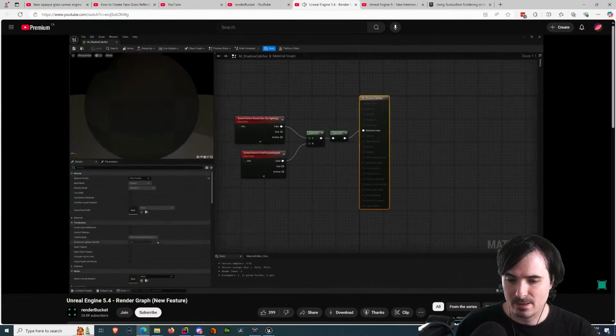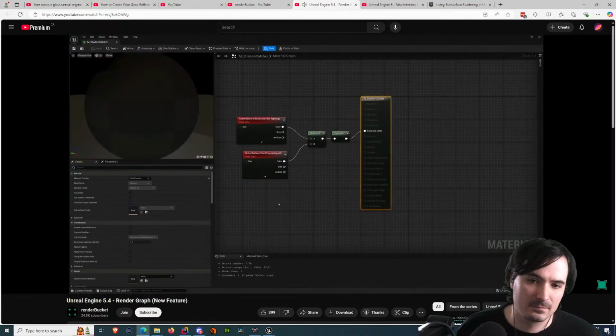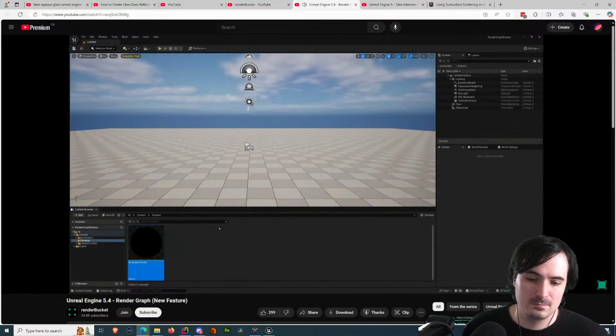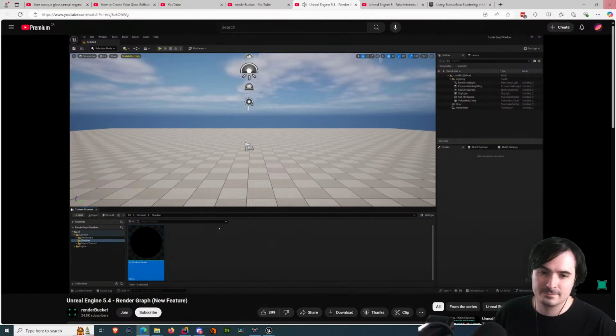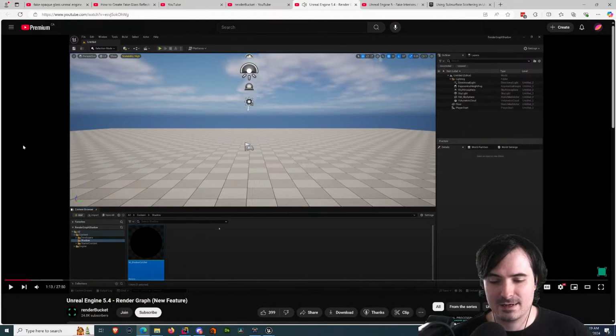So if you need to create this material, you can find out more info on this and how to do this in our previous video, which is linked down in the description below. If you have this material already made and created, then you're ready to begin what we're going to be doing today, which is taking a look at Unreal's new render graph in the render movie queue. So the first thing we're going to want to do is to create some sort of sequence or